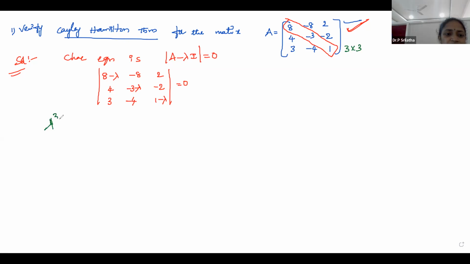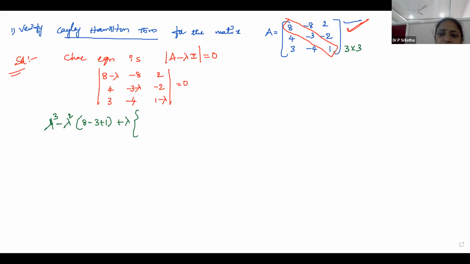So that is lambda cube minus lambda square into trace A. Trace A means sum of the diagonal elements. So that's why this will be 8 minus 3 plus 1. Okay. Plus lambda into, here we have to do sum of the product of the